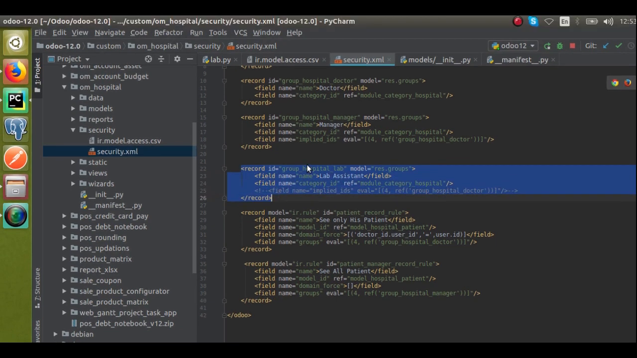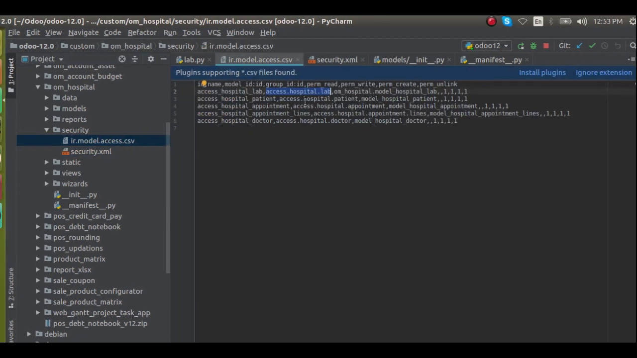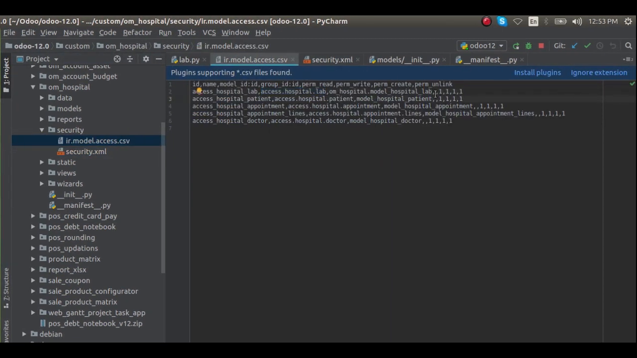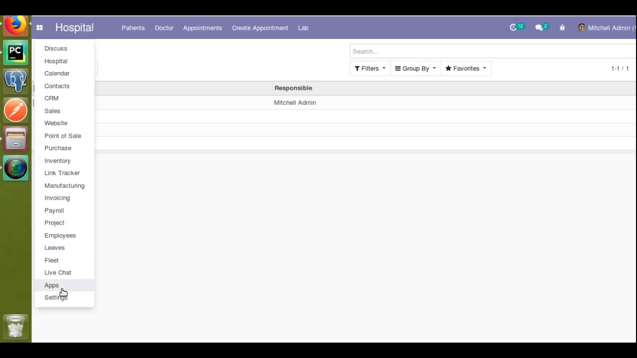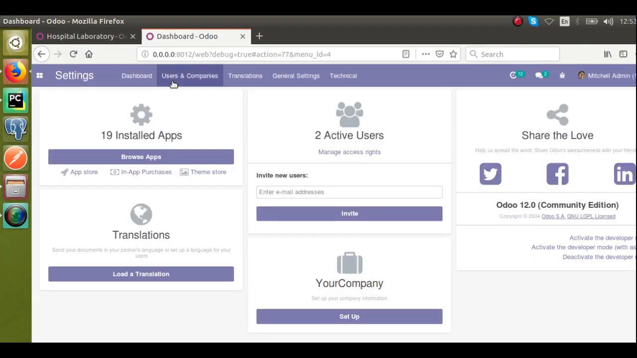I'll copy this ID, Control C, and I will move to ir.model.access.csv. Earlier we had kept this column empty. Now I will paste the ID in the column, and I will copy this module name. You can see I have given the group name as om_hospital.id of the group, that is the external ID. So if I go to the front end, from here to settings, users, groups,